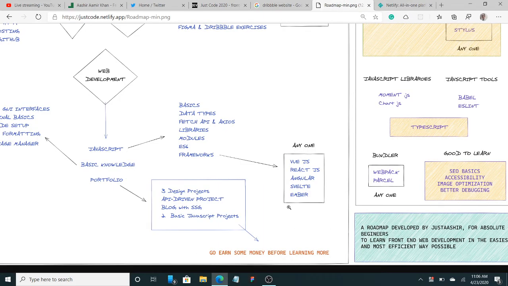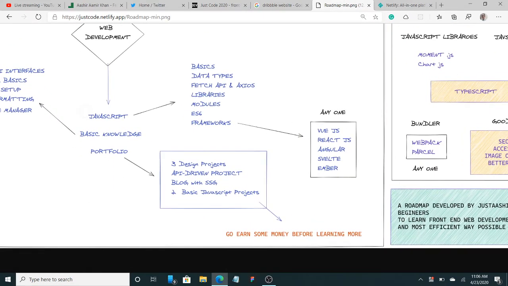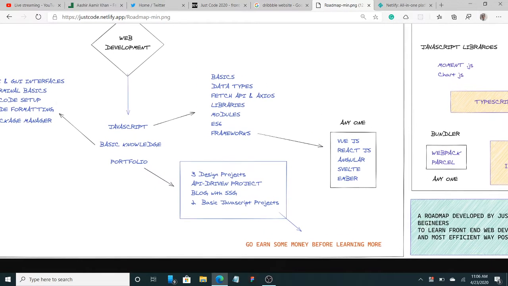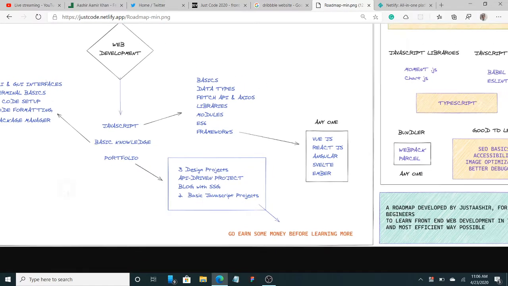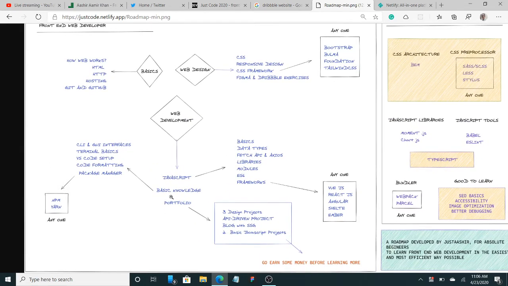Okay, and the portfolio. The most important thing is the portfolio. I believe in the portfolio thing very much. And I think if you do all of this part and skip this one, it does not make any sense. Okay, so all of that will go away, go in a furnace and an oven.